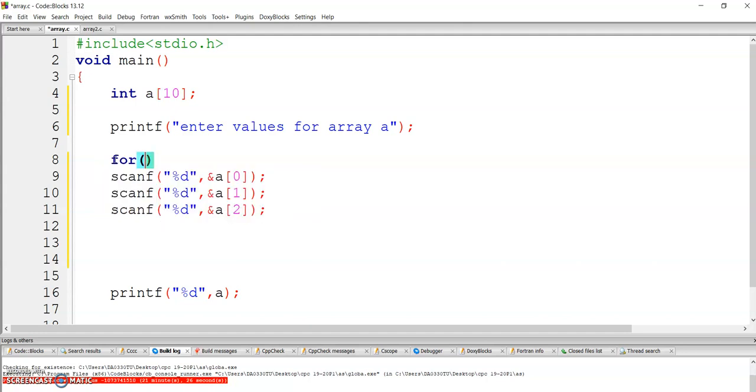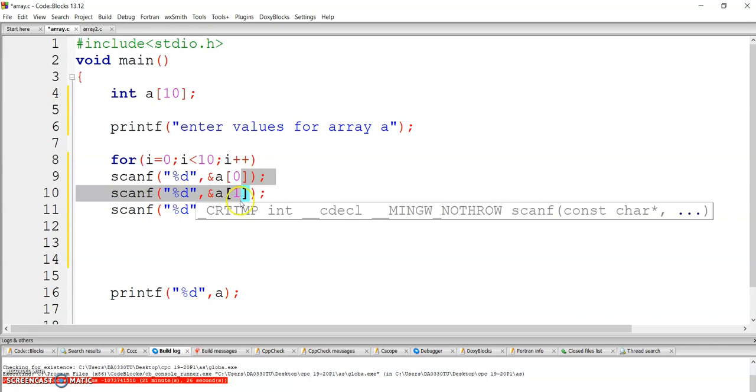So your for loop will start from 0, then it will run while i is less than 10, and then increase the counter by 1. Why 1? Because the first index is 0, then the next index is 1 and another index is 2. That means your index value is increasing by 1.